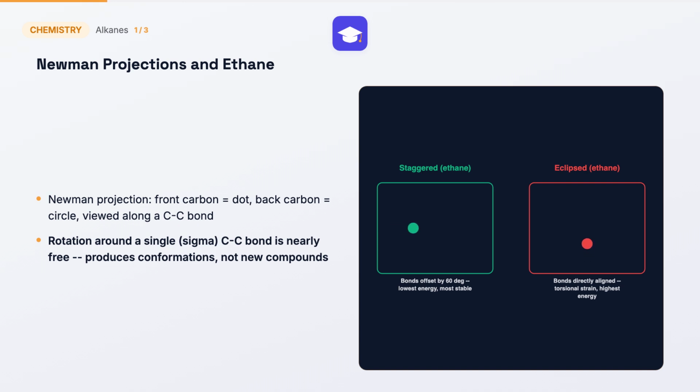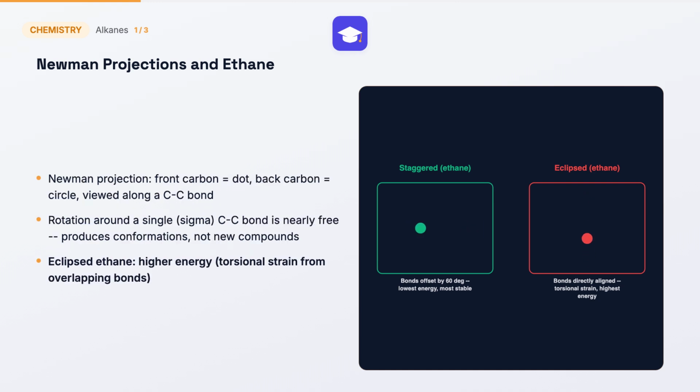Rotating around a single carbon-carbon bond costs almost no energy, since it's a sigma bond, and this free rotation produces infinitely many possible arrangements called conformations, which are not different compounds, just different temporary shapes of the exact same molecule. For ethane specifically, the eclipsed conformation, where front and back hydrogens directly overlap when viewed down the bond,